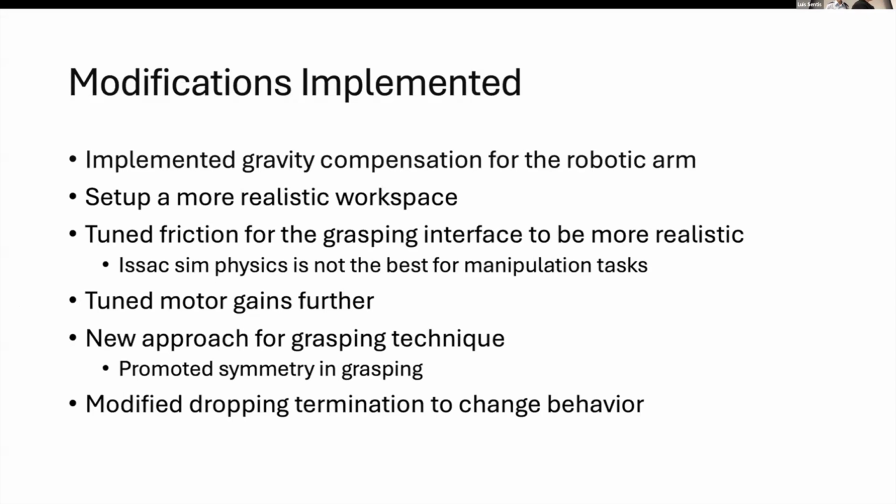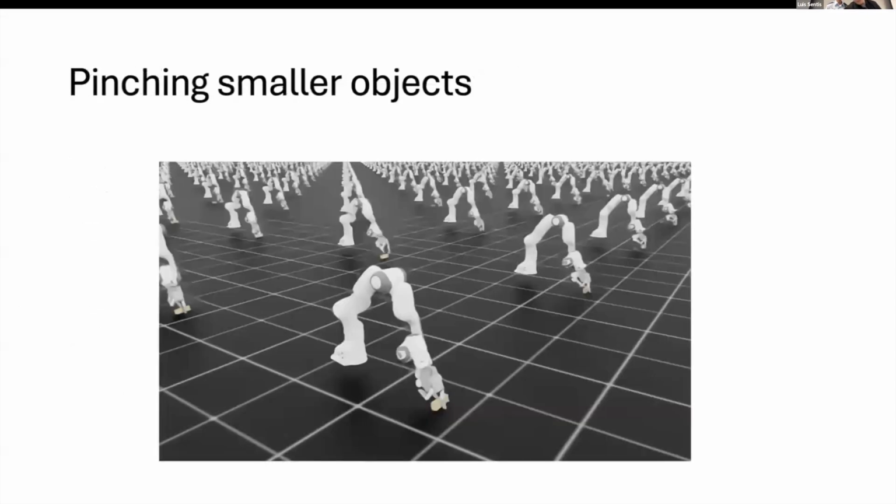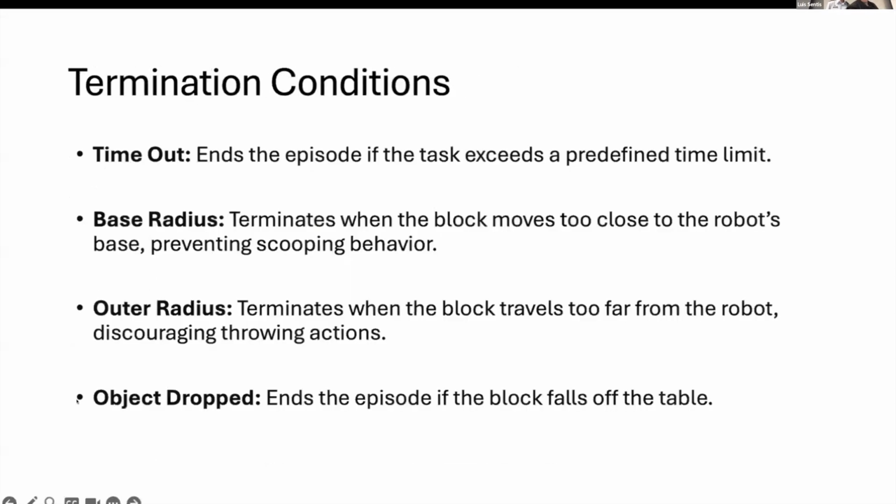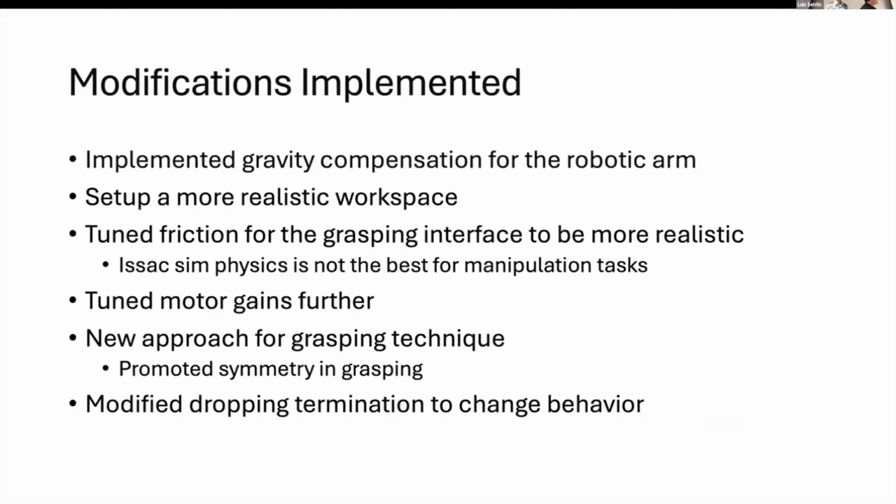So instead, we added a table, and that's where this object drop termination comes into play. If the object falls off the table, then the scene will get terminated, and then it will restart. And then the third one we modified is that we tuned the friction for the grasping interface to be